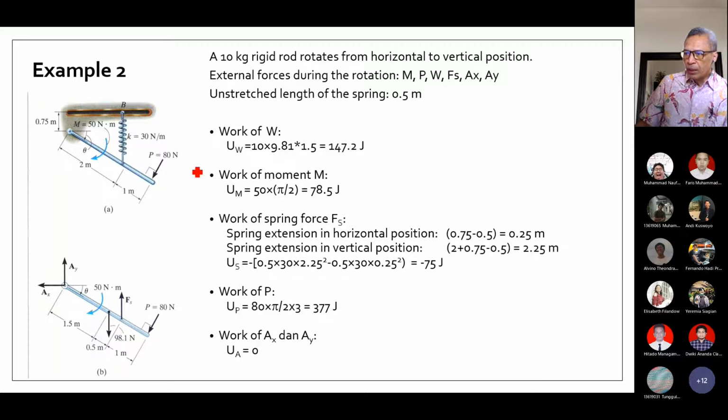We put several forces on this rigid bar. The first is P, the force acting perpendicularly to this bar at 3 meters from the hinge. The second is the spring. We put a spring on this bar. It is attached at a fixed point, 2 meters from O, say this is A. And then the upper end of the spring is placed not fixed, but in a horizontal slot. So the spring always keeps its vertical position.